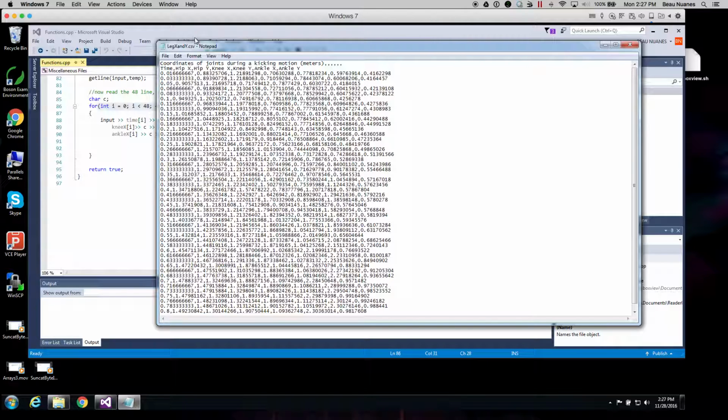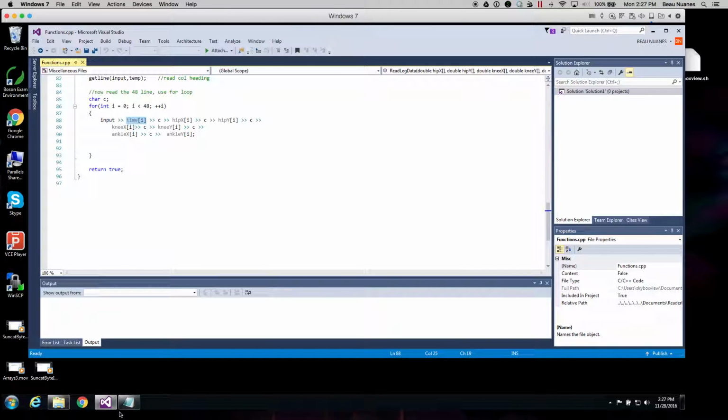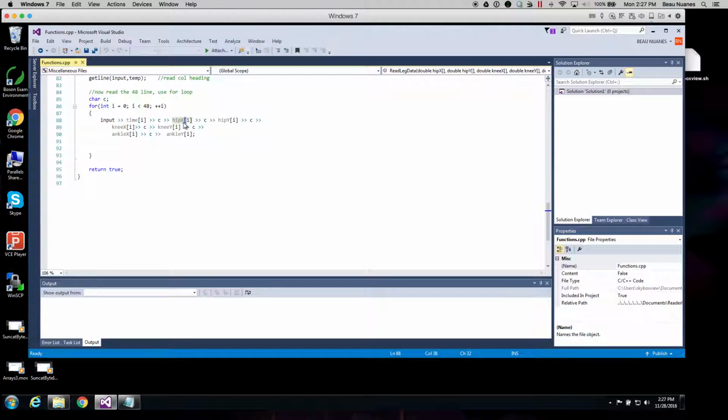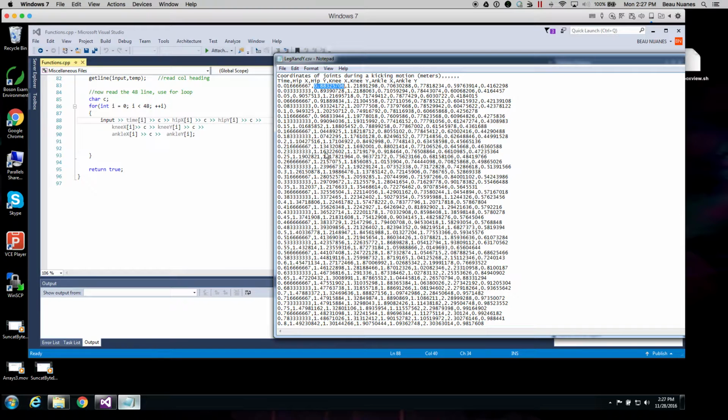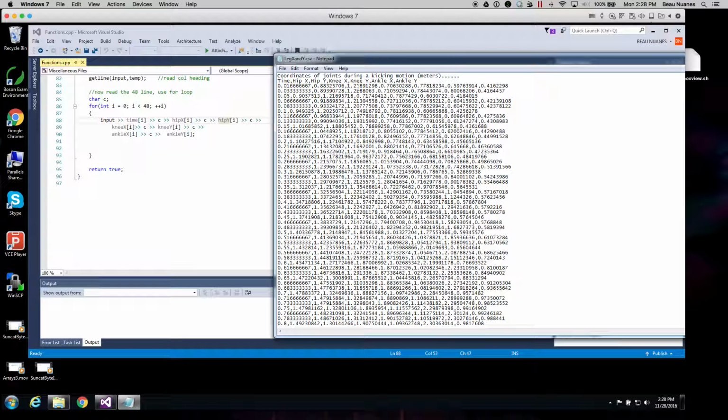We're going to come in, we're going to read in our time. That's this guy. Then we're going to burn a comma. Boom. Then we're going to read in our hip x right there. This line. Then we're going to burn a comma there. And then we're going to read in our y coordinate, which would be the third one there. And we're going to burn a comma. And we're just going to do that